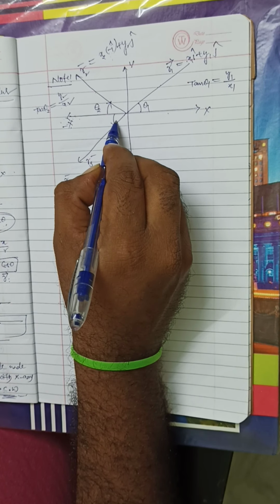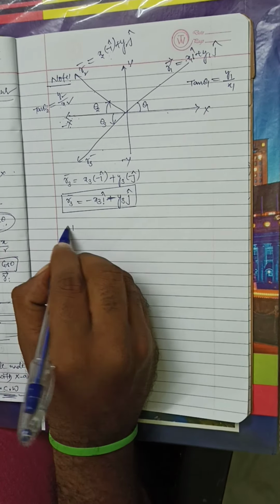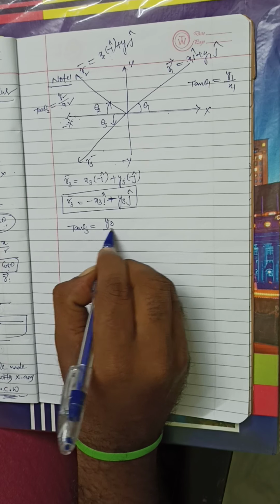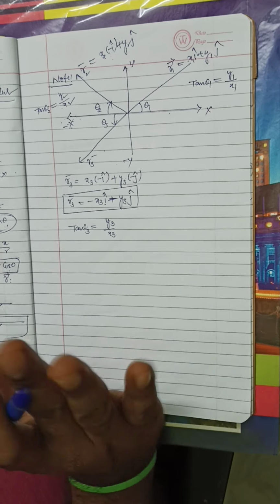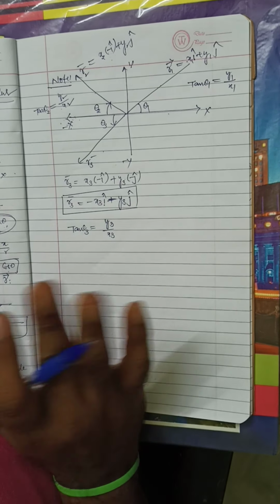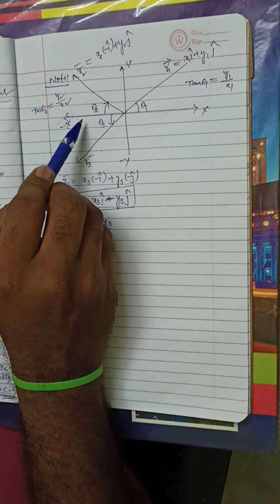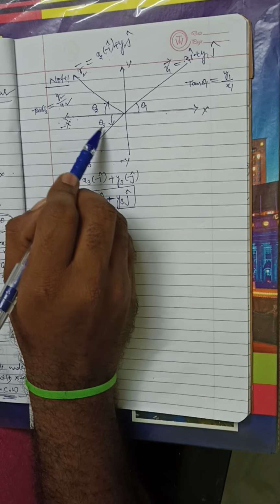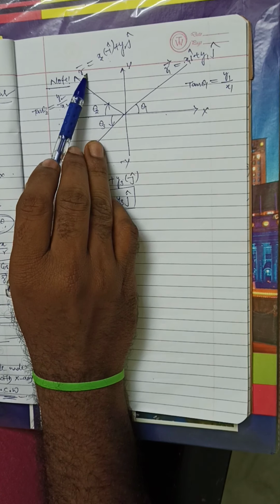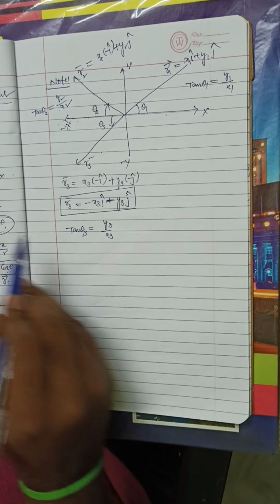So this is the formula. Here this vector is going to make an angle theta 3 with the negative x-axis. Then tan theta 3 is equal to again y3 by x3. Don't write minus y3 by minus x3. This minus symbol represents that the vector belongs to the third quadrant only. Don't write the minus sign. Okay? So here theta 3 is the angle made by the r3 vector with the negative x-axis in anti-clockwise direction. Theta 2 is the angle made by the r2 vector with the negative x-axis in clockwise direction.